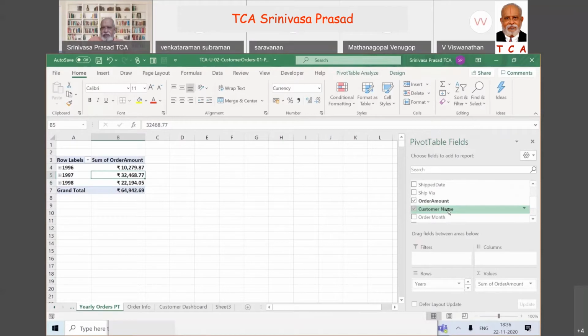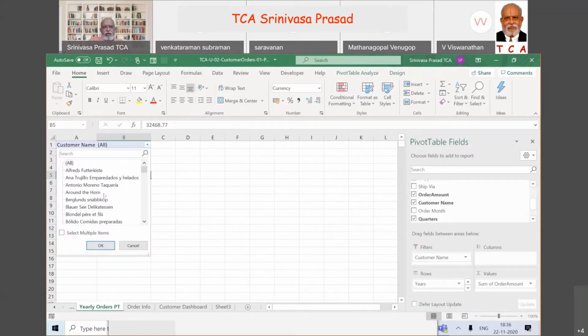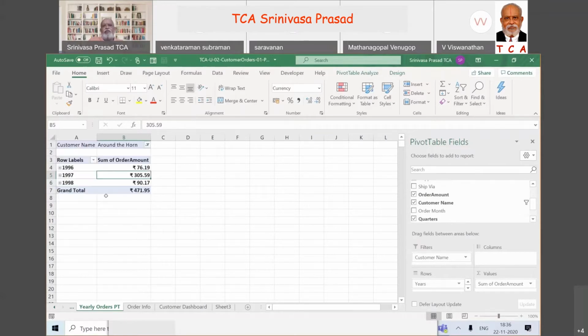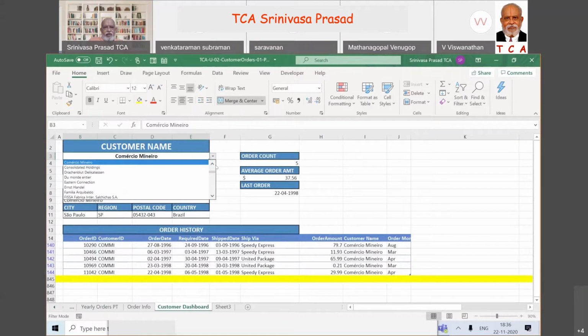I take this customer name and then I bring it into the filter. Now what has happened here? I got a filter automatically. Have you noticed? Yes, in B1. Now I click, I want Around the Horn, and then okay, it gives me only Around the Horn: 471.95. Let's go back and see whether that is correct or not.